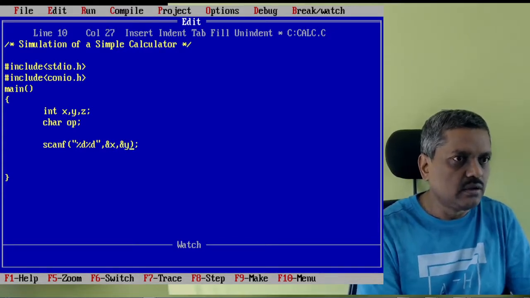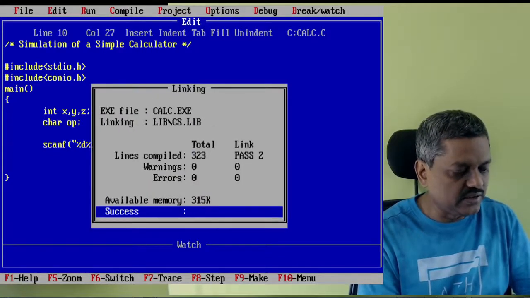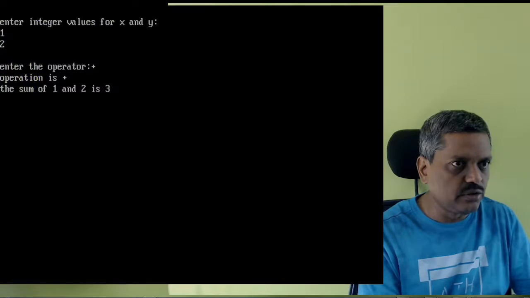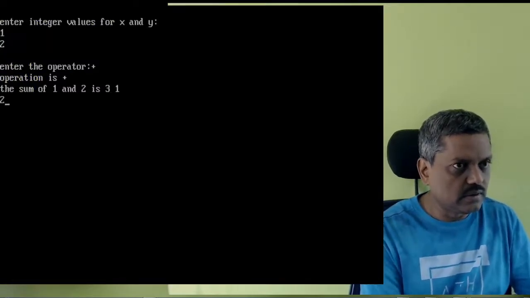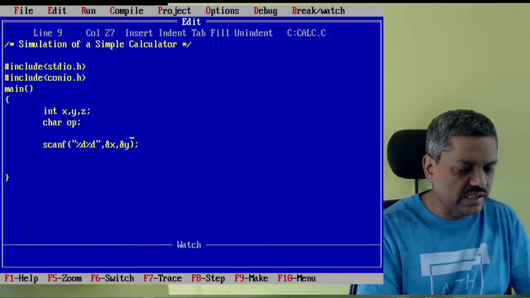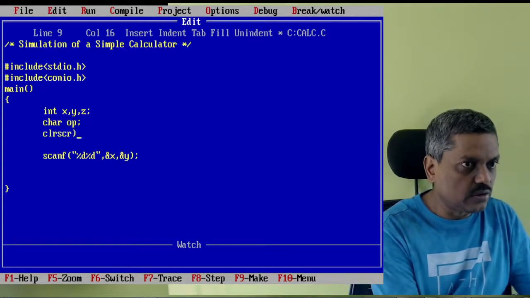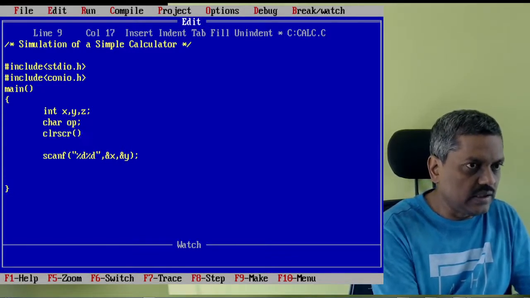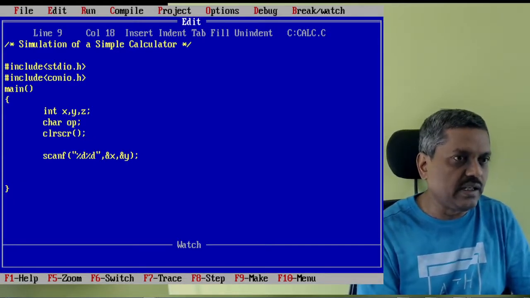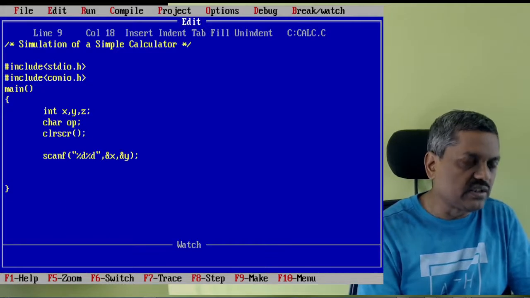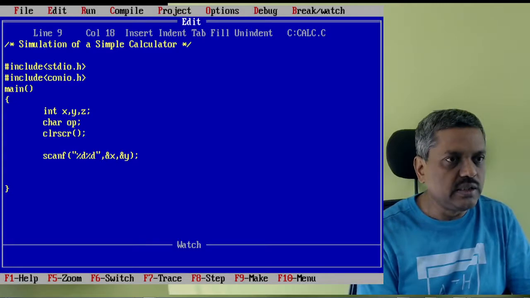Okay, that's all. Suppose if I save this and then compile, you know that it's a success. If I try to run this, it will run. There is no issue. I think the previous things are there. So better always put the clear screen. Why should you always put the clear screen after the declaration? Anything that has been displayed earlier due to the execution of the previous program should be erased before you start the new program.